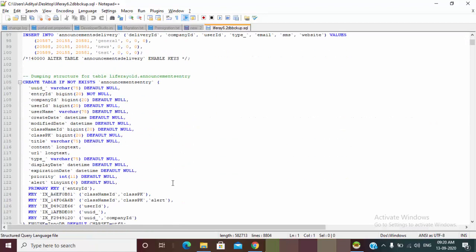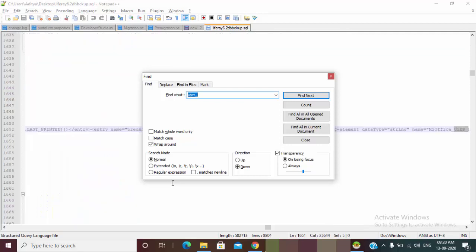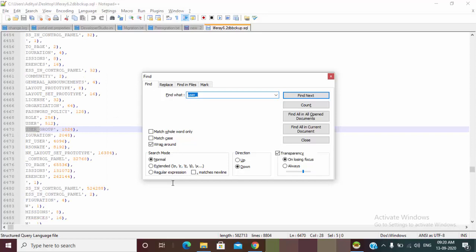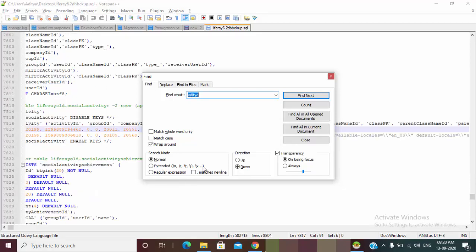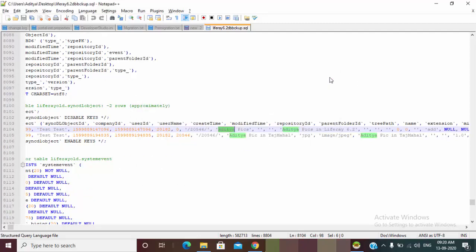And these are the data. Let's check. As you can see, we have this data, Aditya. So our database backup is fine.